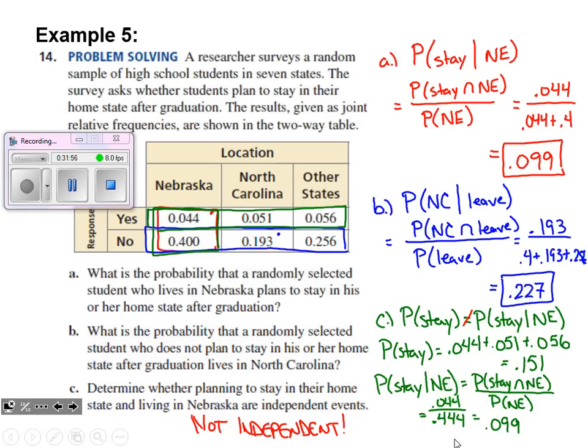So a little bit more work, and this test for independence, the first line in green there, it really does make sense, and it allows us to mathematically use the table to our advantage and make some quick calculations to answer that question. But understanding that first line, is the probability of just staying the same as the probability of staying given that you're in a certain state, in this case Nebraska? That would indicate that they are independent of one another. In this case, they definitely are not.